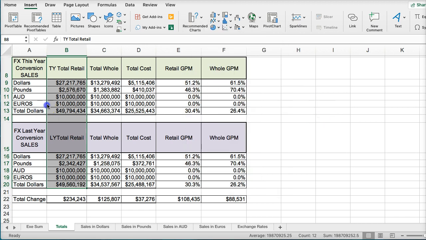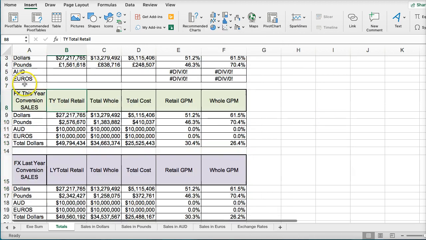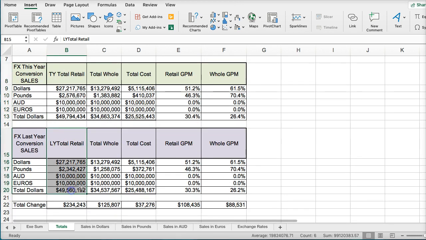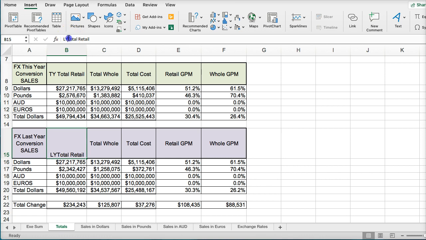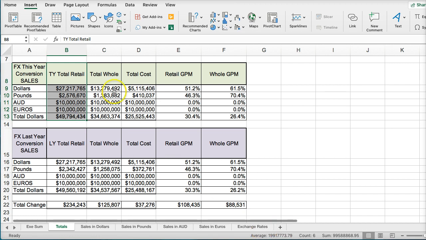None of these are really good. Basically what I'd want to do here is highlight this section and then highlight this as a separate section to create charts based on this year's total retail versus last year's conversion rates. Total retail would be a more telling chart to look at. And there's a way to highlight them separately, or you can also, if you wanted to, make, say, a charts page,